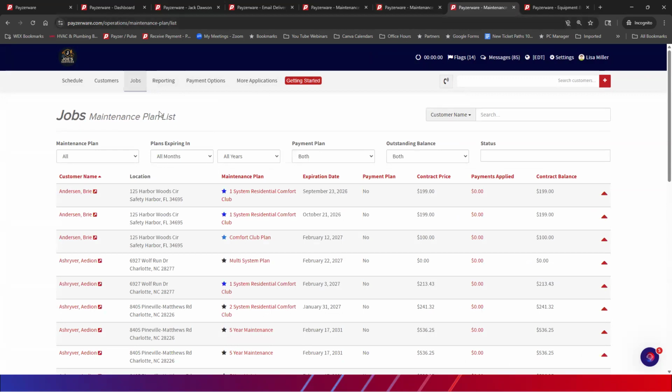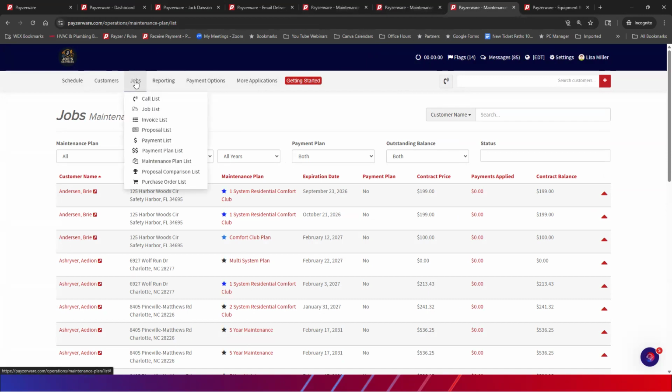So one of the other things that we have in the system, these maintenance plans reports, the two of those, but we also have a way that you can monitor them here under the jobs tab, because we have lists for everything and we have reports for everything. So if you were looking for the maintenance plan list,